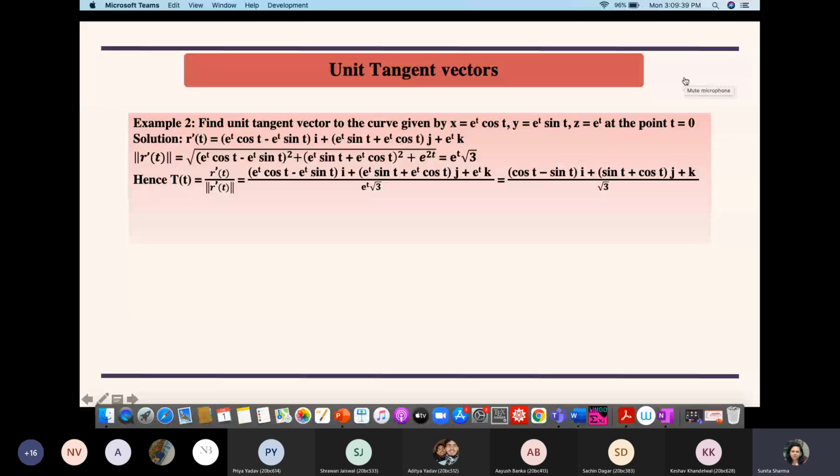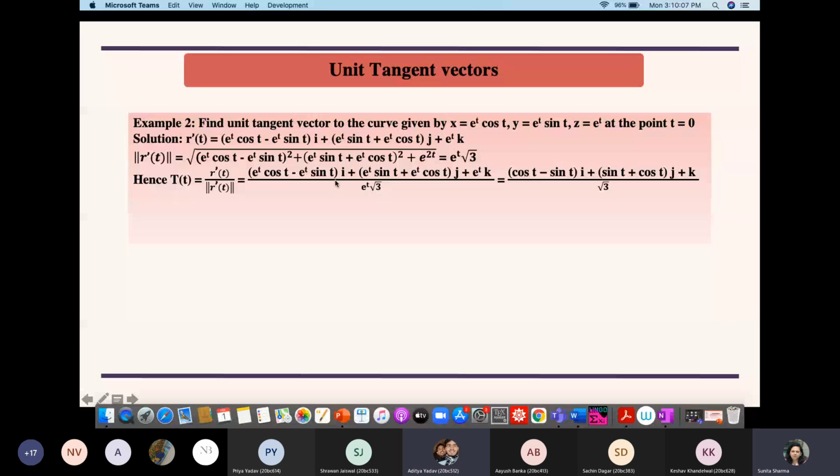Okay, so is this fine for everybody till here? Yes, ma'am. And then when you have to find it at t equals 0, you put the value of t as 0 throughout. So again, you could have done it in the beginning itself. Put t equals 0 in r dash, find the norm with t equals 0. So you would have got root 3, and then just take the ratio. So now here if I put t equals 0,